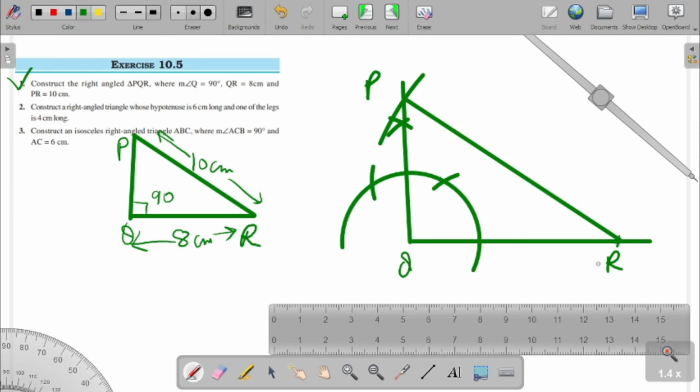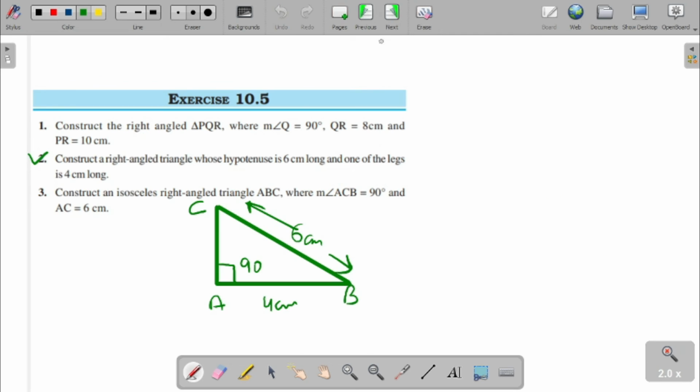Okay, so now we move to question number 2. Question number 2, you can see, construct a right angle triangle whose hypotenuse is 6 centimeter. This is given 6 centimeter. One of the legs is given as 4 centimeter, and this is 90 degree. So